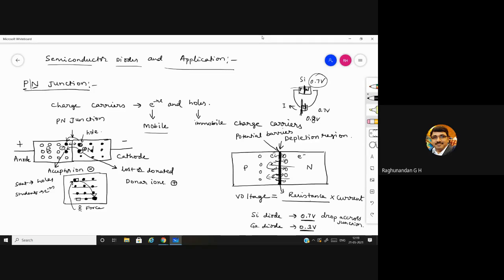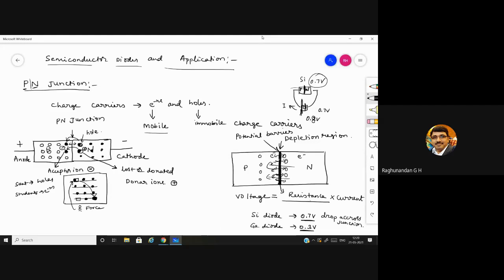Okay, so we understood how this 0.7 volt is obtained across the junction. First of all, junction means resistance. In normal things also, junction means something which is going to oppose. A traffic junction is an obstacle for your speed, right? When you come near the junction, you slow down. If you have a traffic light, you have to stop, right? A junction is the one which is going to oppose the flow. So a junction obviously offers resistance.